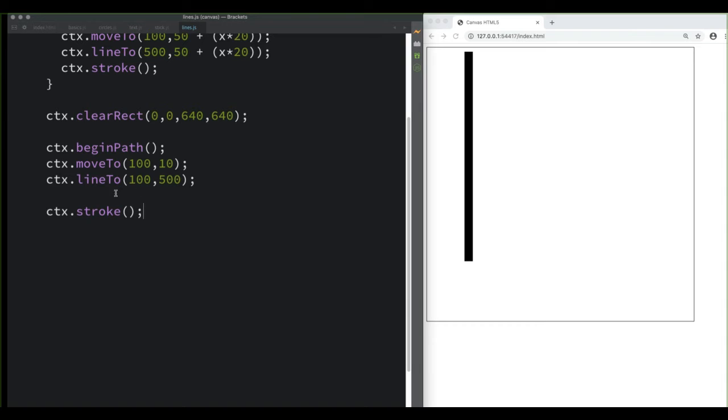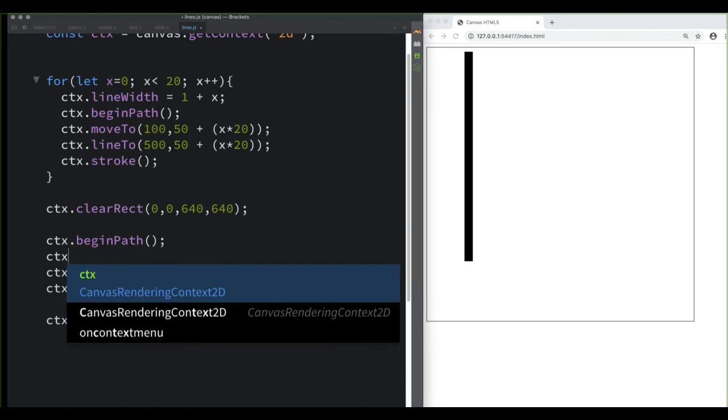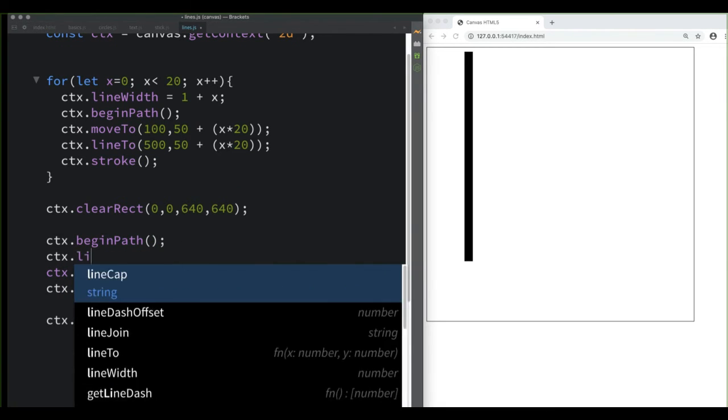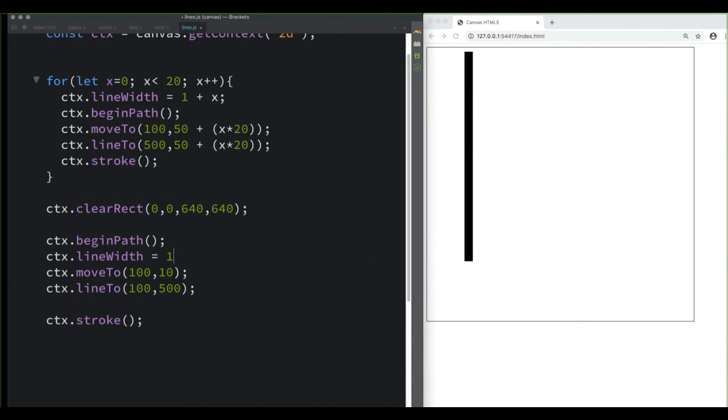So that gives us a line. Let's update the line cap as well as we can update the line width. So notice as well that we're keeping the line width from above. If we want to update the line width, let's update lineWidth. And we'll set lineWidth to the default, which is 1 pixel. And maybe that's a little bit too thin, so let's do 10. Do a refresh so that we can see the ends, because we're going to be really looking at the ends,